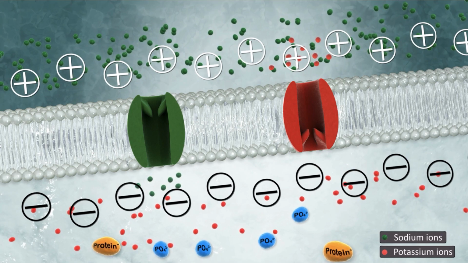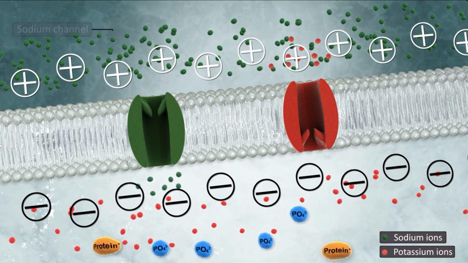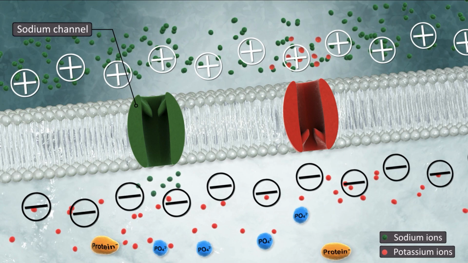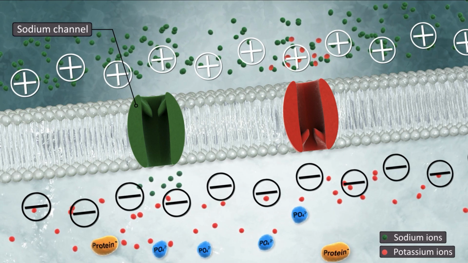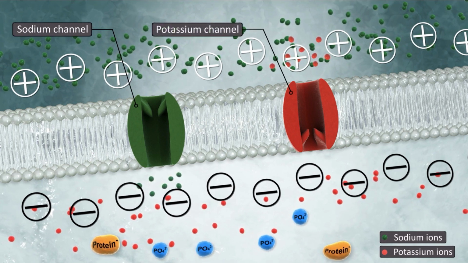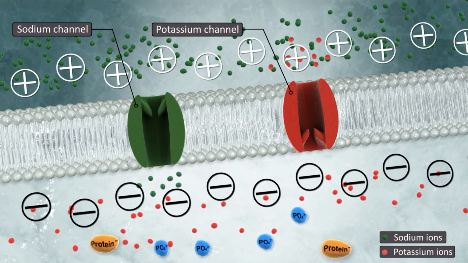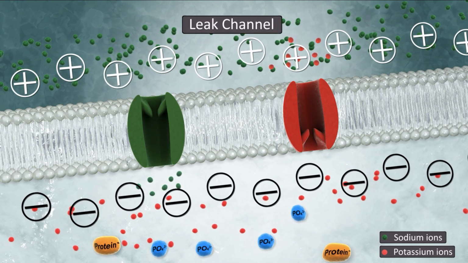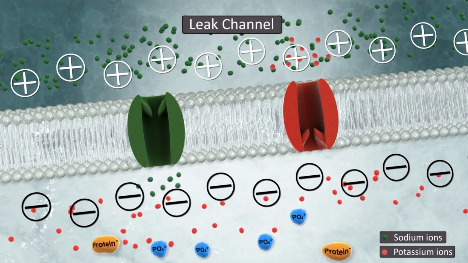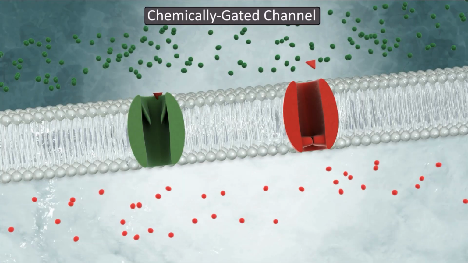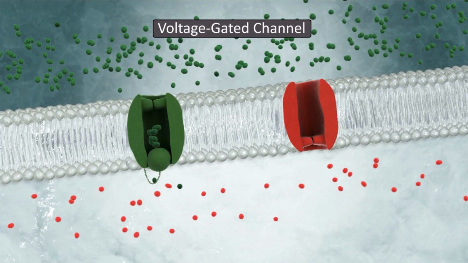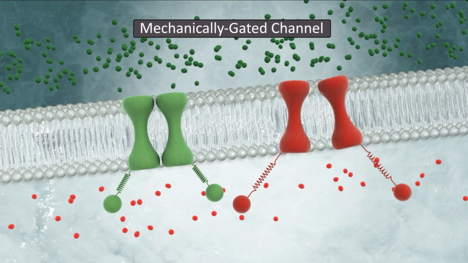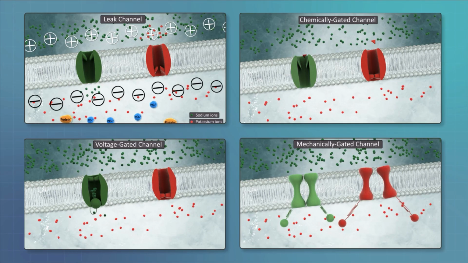Typically, sodium ions tend to enter the cell through an open sodium channel, and potassium ions tend to exit the cell via potassium channels. There are four types of channels through which ions can pass. Leak channels are typically always open. The three types of gated channels, chemically, voltage, or mechanically gated, must open their gate to allow the passage of